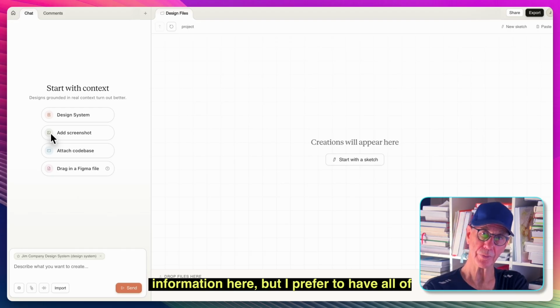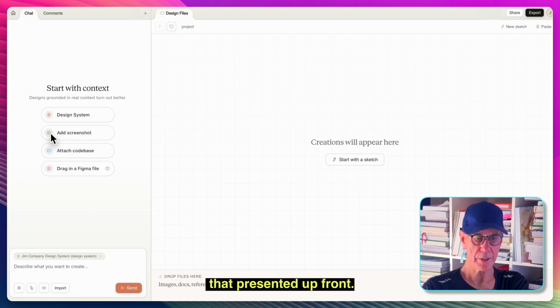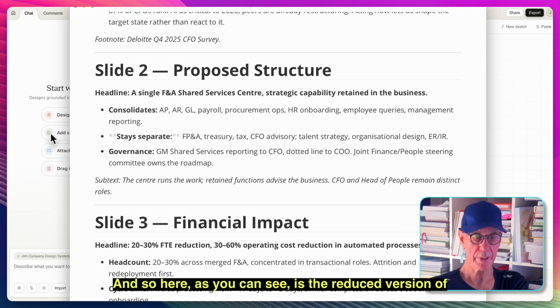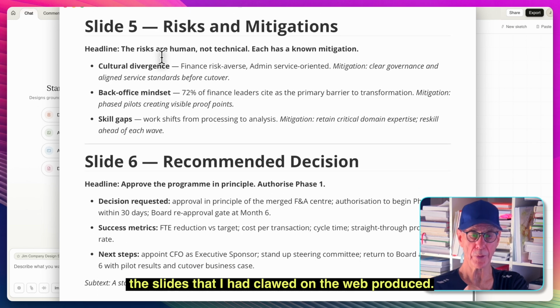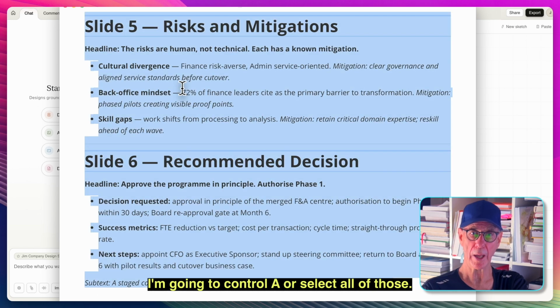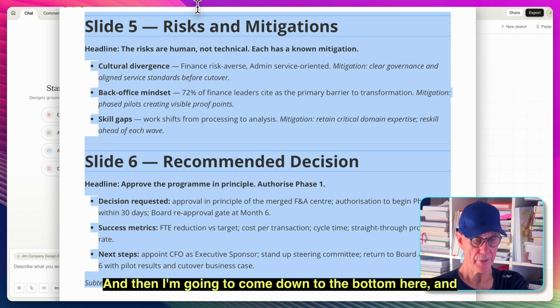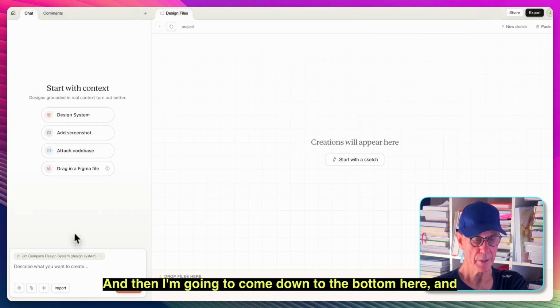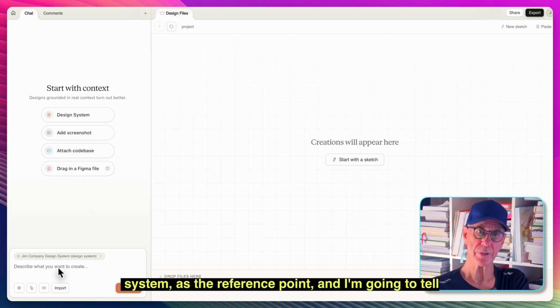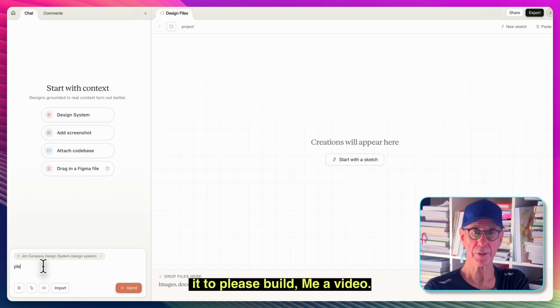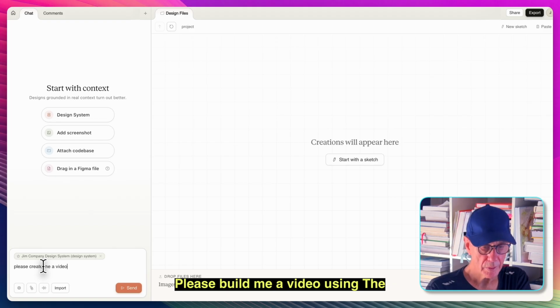Again, you can add additional information here, but I prefer to have all of that presented up front. And so here, as you can see, is the reduced version of the slides that I had Claude on the web produce. I'm going to Control A or select all of those. And then I'm going to come down to the bottom here, and you can see it's got Jim's company design system as the reference point, and I'm going to tell it to please build me a video. Please build me a video using